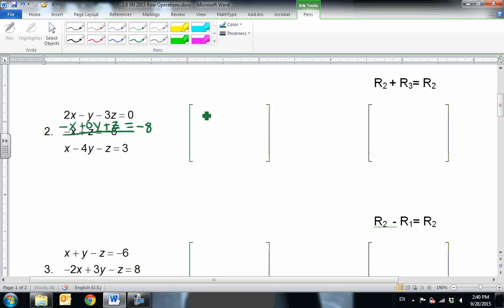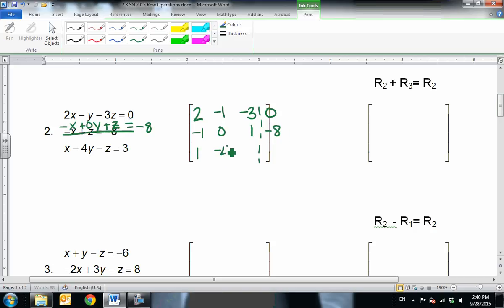All right. So now let's fill it in. We've got 2, -1, -3. I didn't save myself very much room, so I'm going to have to go over a little bit. Sorry. 0. Next row, -1, 0, 1, -8,